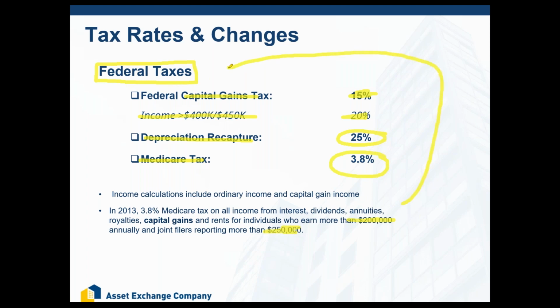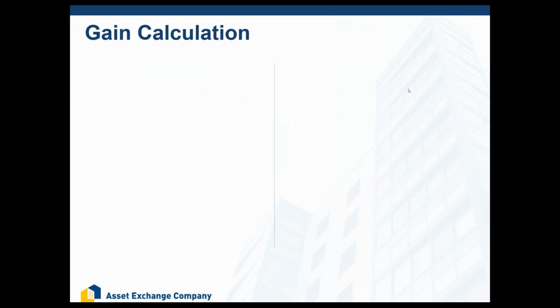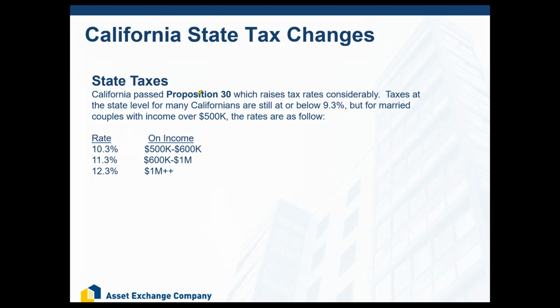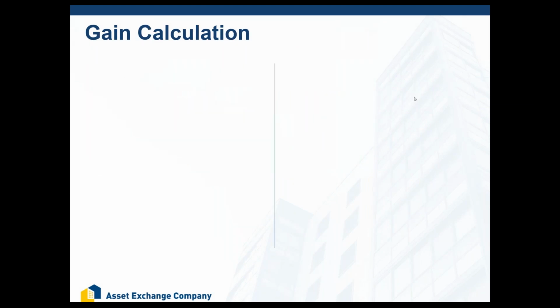Now, ladies and gentlemen, that is just the federal government, so Uncle Sam takes these taxes. And then we also have our state tax, and I'm here in California, so I'm going to talk about California taxes, which start at about 9.3% and increase depending on your income. So when you average out all of those tax rates that I just showed you, you have an effective blended rate of about 33%. Now, many of you might be thinking, well, geez, Leonard, 33% of what? Well, 33% of your gain.